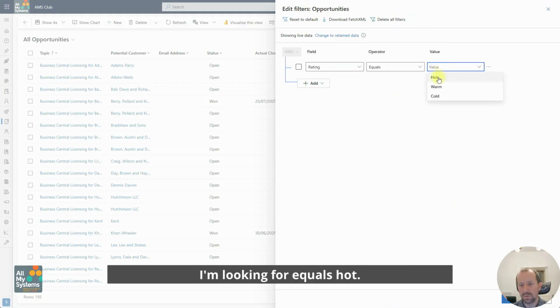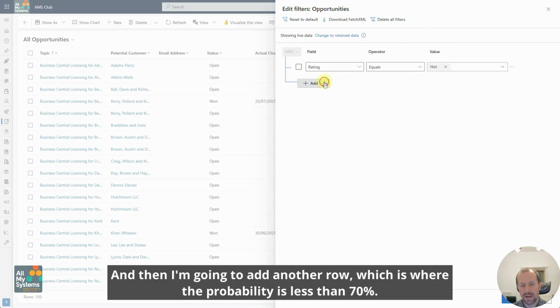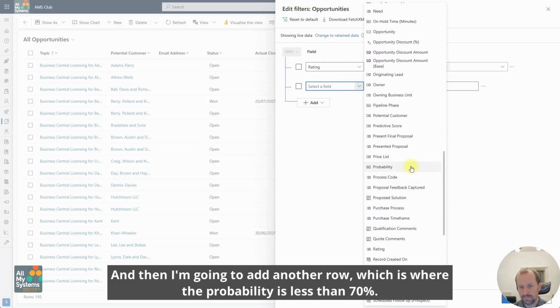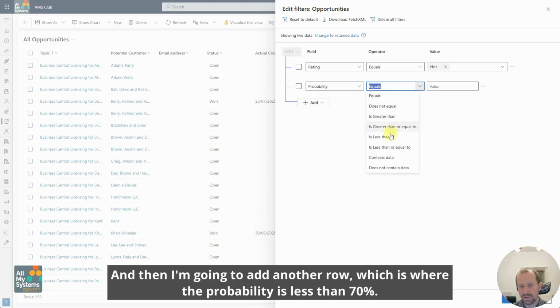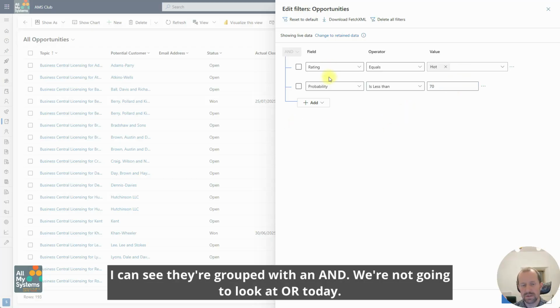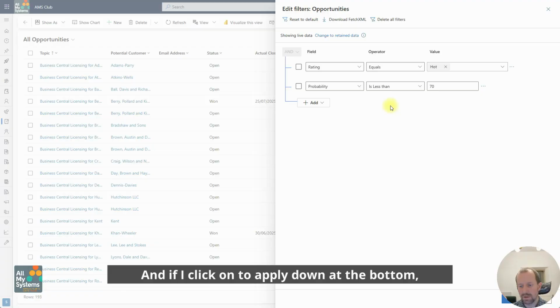I'm looking for equals hot, and then I'm going to add another row, which is where the probability is less than 70%. Okay, so those are my two conditions. I can see they're grouped with an and. We're not going to look at ors today. That will be in the next video. And if I click on apply down at the bottom,